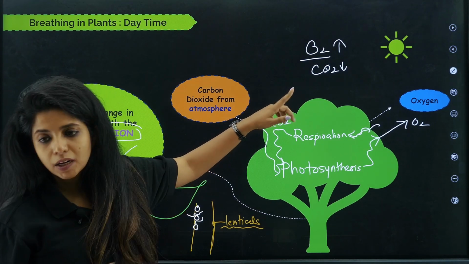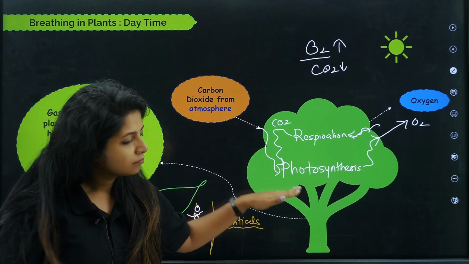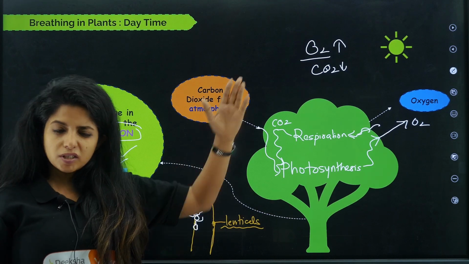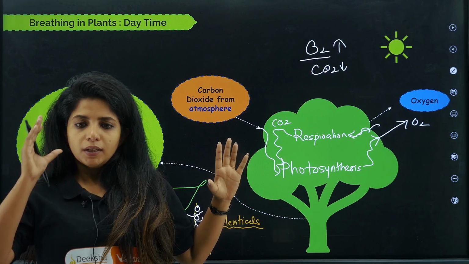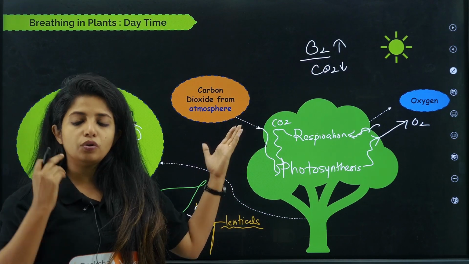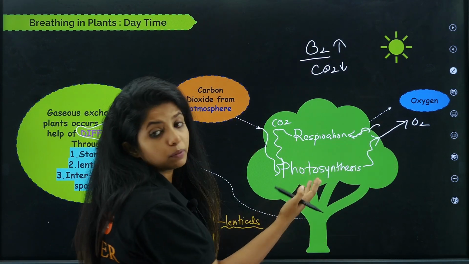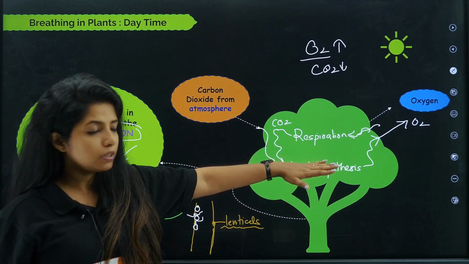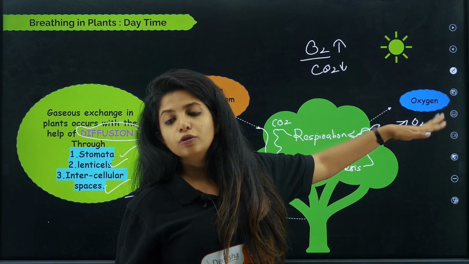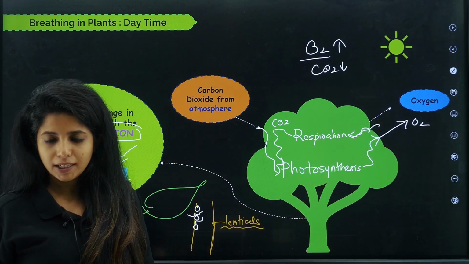CO2, why is it less in the atmosphere? Because it is basically taken for photosynthesis, because it's daytime and it is required. Okay, photosynthesis will be regularly happening, so you require the CO2. So a little amount of oxygen is there. I'm not saying a little amount of oxygen is not being utilized here. It is utilized here for respiration, but still you have some scope to leave some amount of O2 outside.